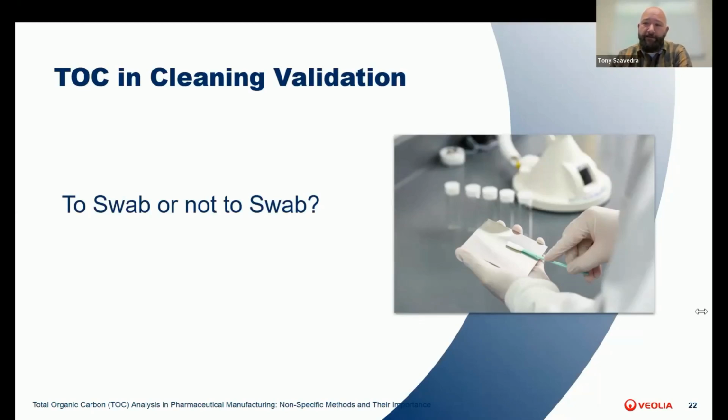Another reason to use this method is to validate the cleaning of specific worst-case locations. These are typically hard-to-clean areas that represent the greatest challenge in your cleaning process. And then finally, you may use this method because the regulatory expectations or guidelines specifically call for swabbing. On the other hand, final rinse analysis involves collecting and testing the last rinse solution used in the cleaning process.